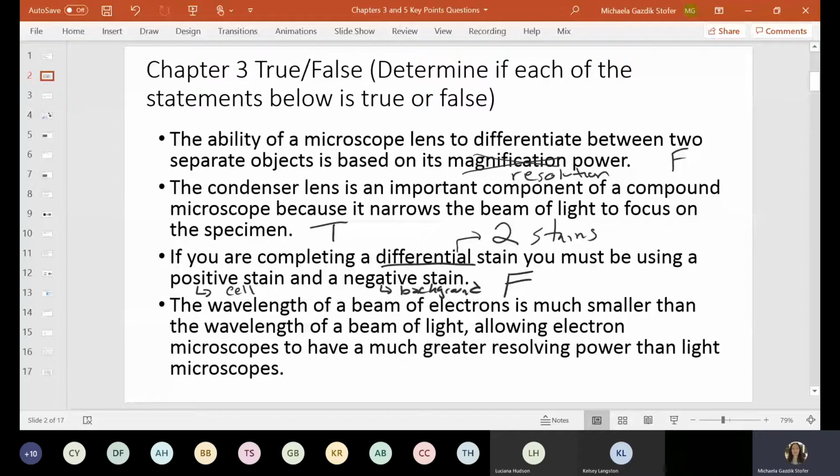And then the fourth true-false was that a wavelength of a beam of electrons is much smaller than the wavelength of a beam of light, allowing the electrons to have a much greater resolving power than light microscopes. And that's a true statement. So the resolution